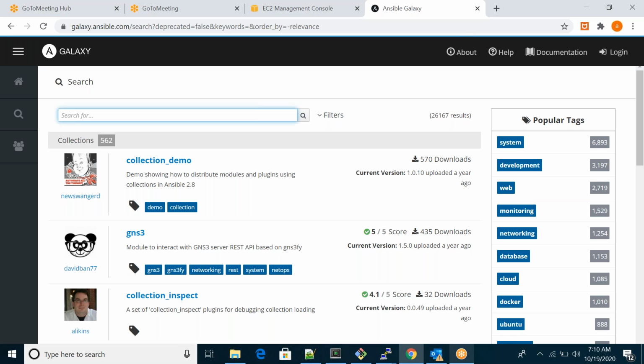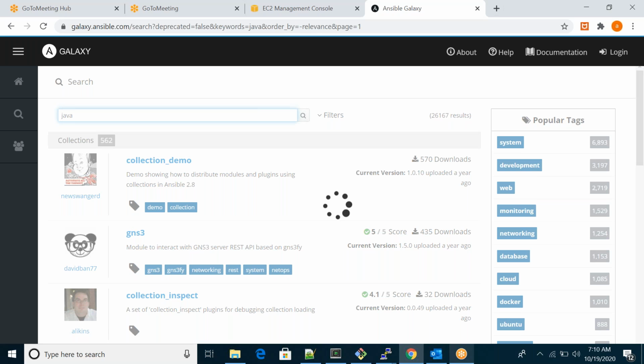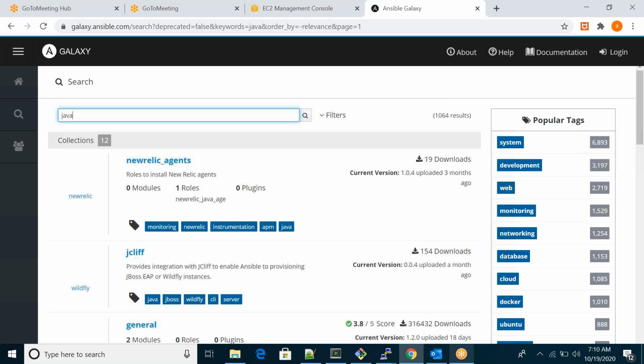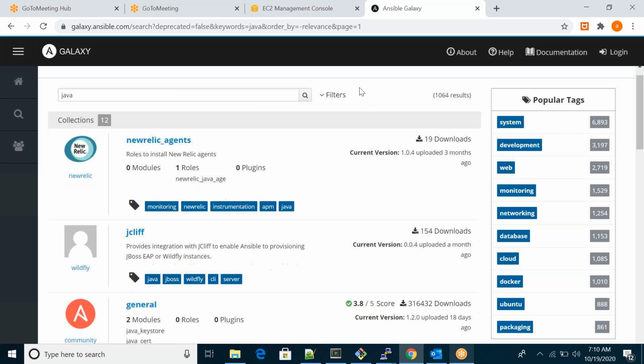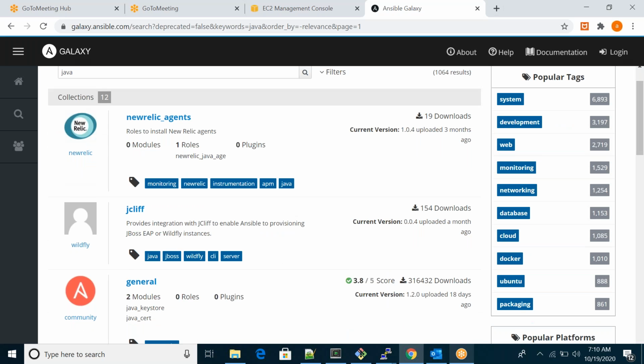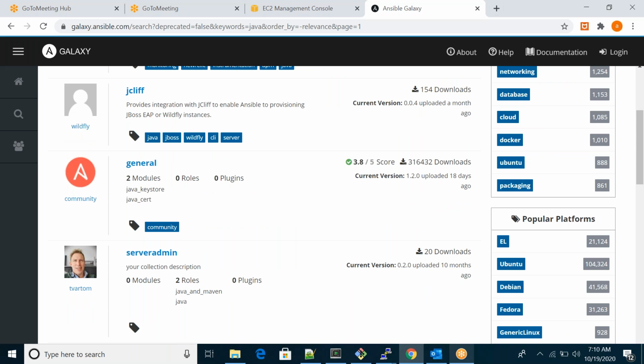So here, for example, if you want any playbook or any roles, you can search here. For example, Java. If you want to install Java, you can search. Okay. So if you search here, you can find so many things.